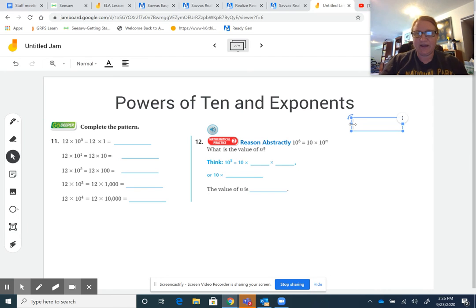If we have 10 to the 0 power, that's going to equal 1. If we have 10 to the first power, that's going to equal 10, because it's 1 times 10. If we have 10 to the second power, that's going to equal 100. 10 to the third power is going to equal 1,000. And 10,